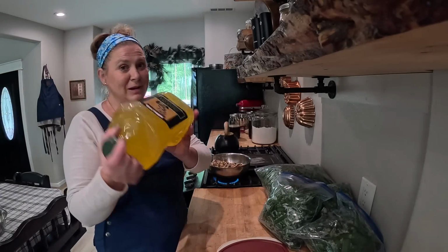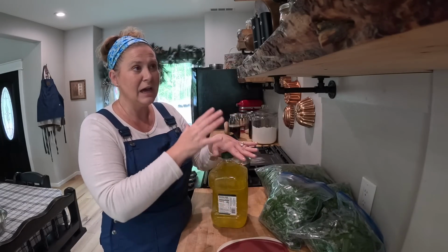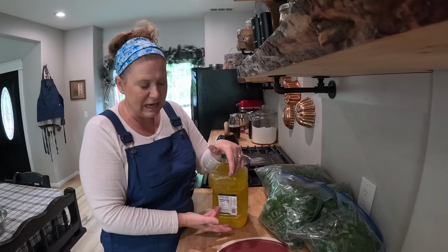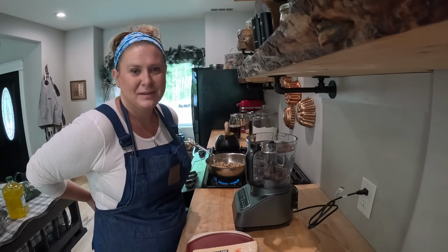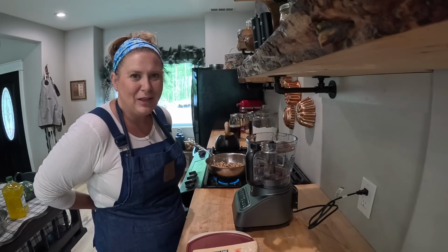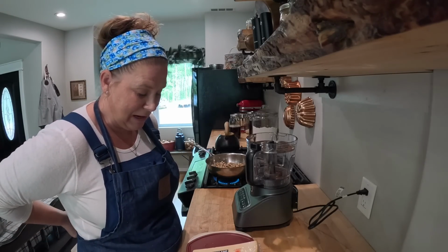The other thing we're doing today is going to be olive oil instead of the avocado oil. The olive oil is going to add an additional flavor, and so these 2 onion garlic flavored pestos are still going to taste quite a bit different. And while the walnuts, this is going to be messy. I'm clean. Okay, so while the walnuts are going for just a couple of minutes, we are going to grate